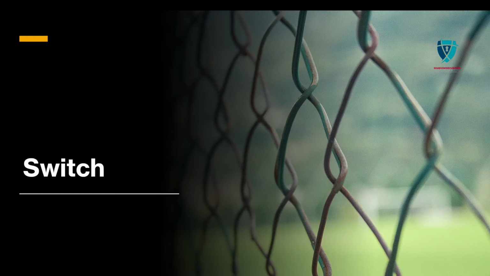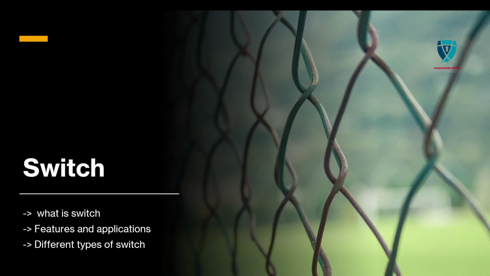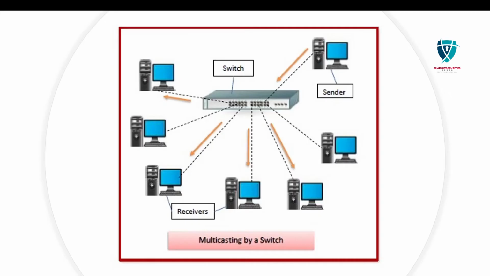Now we will learn about switches. In this session we are going to learn what a switch is, its features and applications, and the different types of switches. Switches are networking devices operating at layer 2, the data link layer, of the OSI reference model. They connect devices in a network and use packet switching to send, receive or forward data packets or data frames